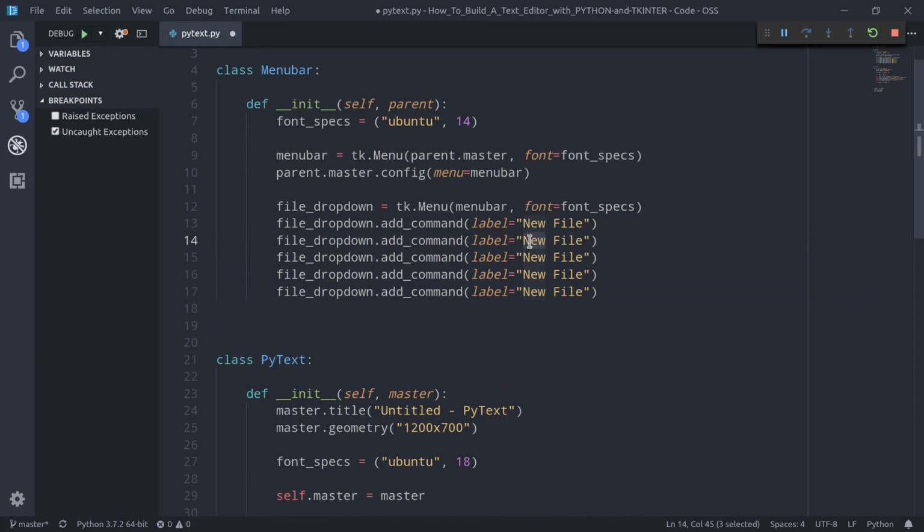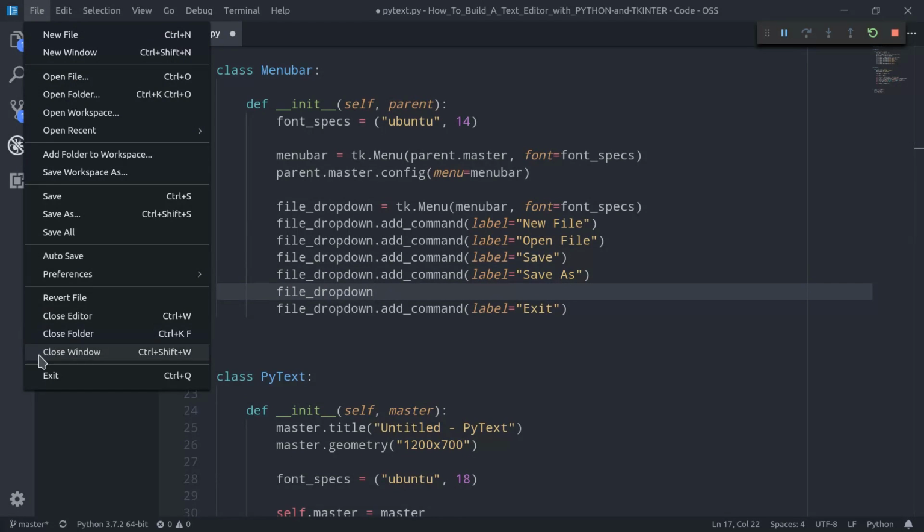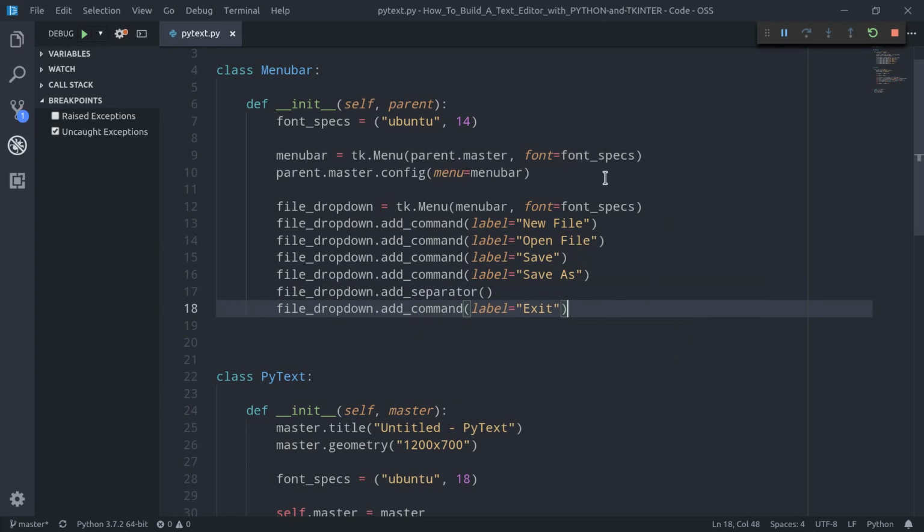So this is going to be open file, this is going to be save, this is going to be save as, and this is going to be exit. We can also add a separator, like you can see, for example, here. So file dropdown.add separator. So now that we've created the file drop-down menu, and now that we've specified different commands, we can actually